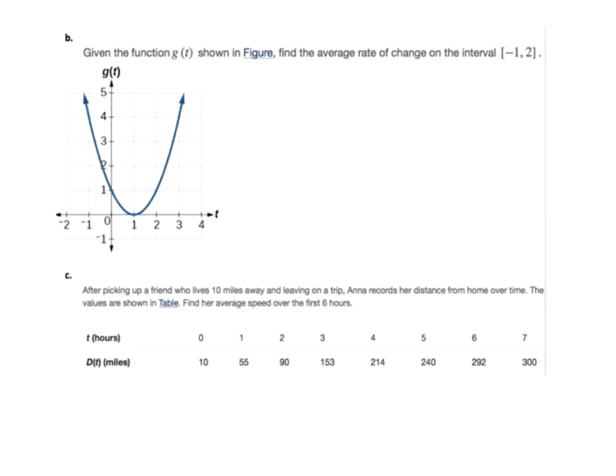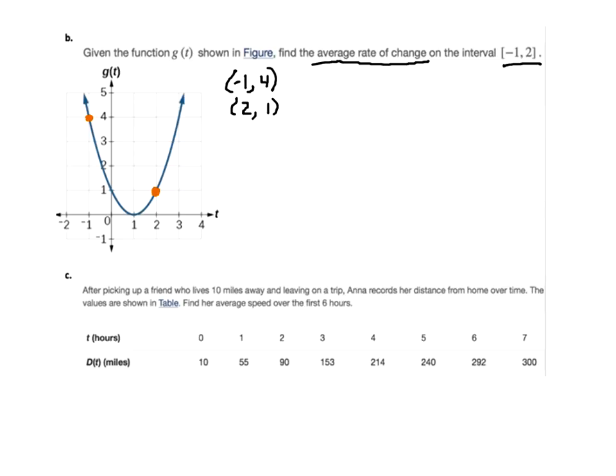Okay, so just continuing with this idea, now we're looking at a graph, and we're asked to find the average rate of change on the interval -1 to 2. So the first thing I'm going to do is locate my points that I'm going to be working with. When I plug -1 into the function, I get out 4, so that corresponds to the point -1, 4, and then I also have the point when I plug in 2, I get out 1, so my other point that I'm working with is the point 2, 1.